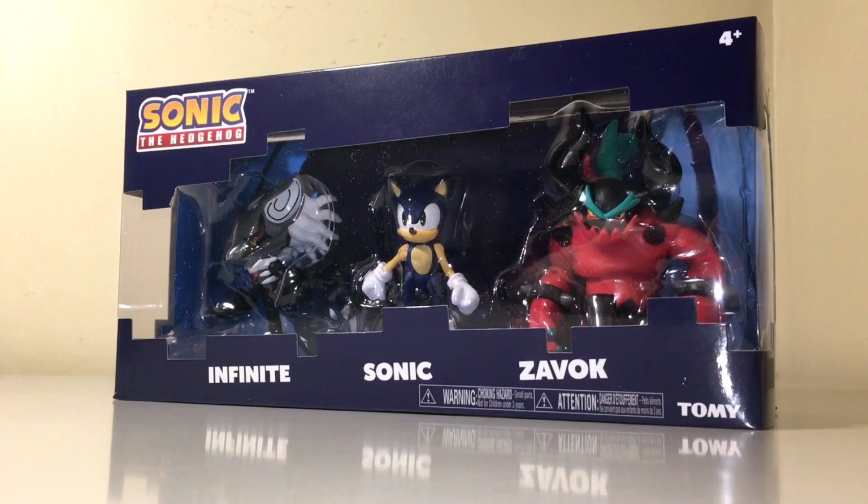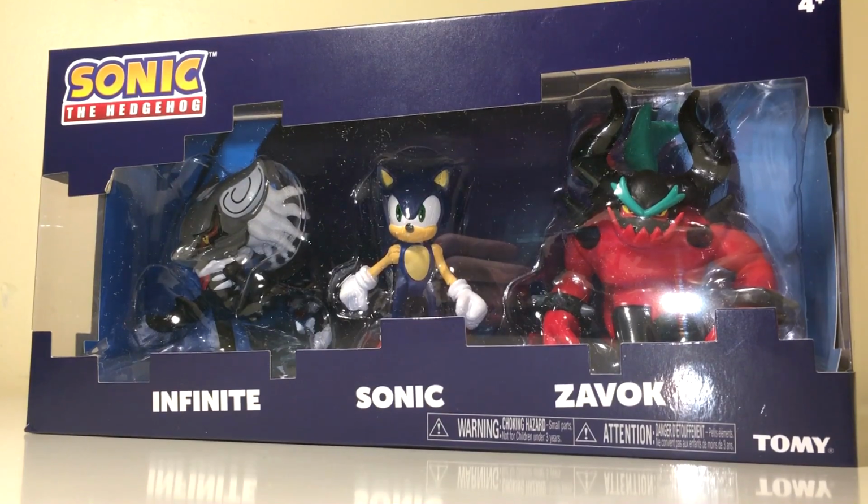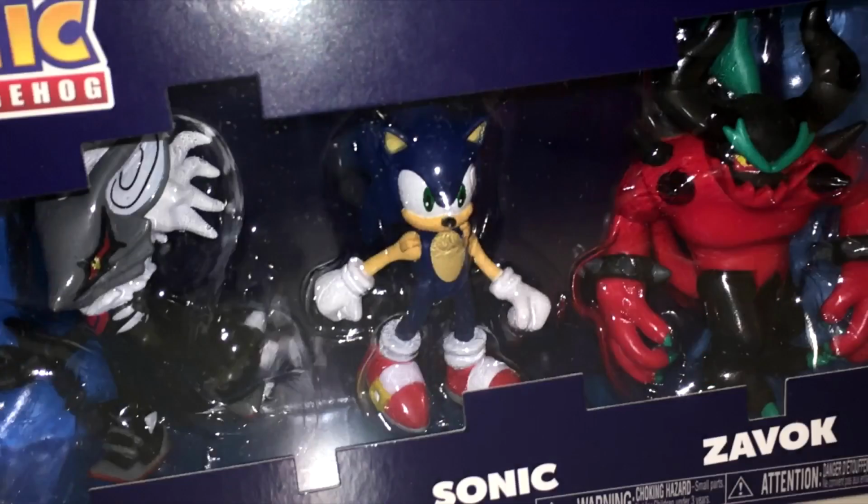With all of that said, this Infinite pack does use the correct light blue background, with a dark blue swirl in the middle. These figures look great in box. They're all posed, with Infinite for example doing a little power flex, Zavok looking intimidating, and okay, well Sonic doesn't look that great. He's in a walking pose, but I think it would have been better just to leave him